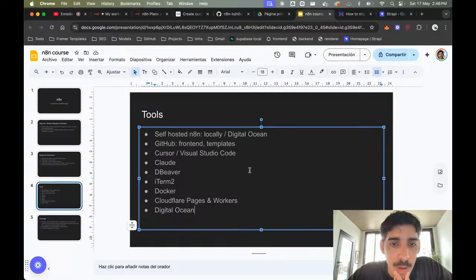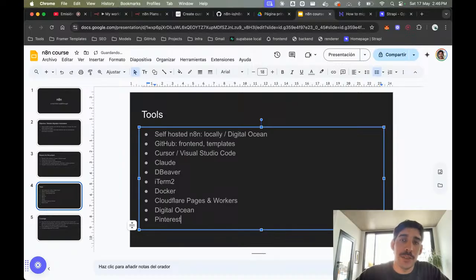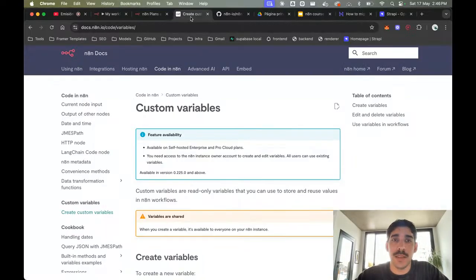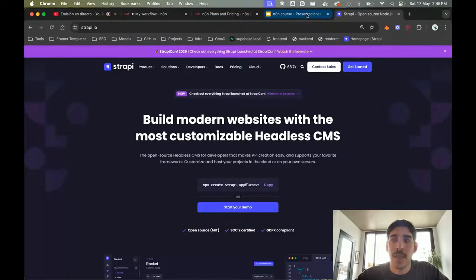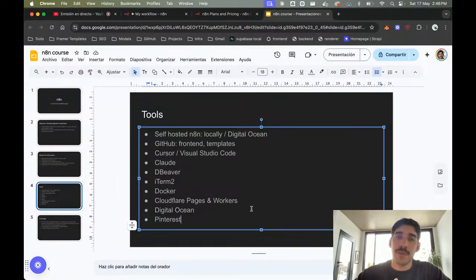What else? Well, for the front end and for the templates, we will definitely look at Pinterest. This is a great place. I love to go there to look for references for the front end. And I like to show this because this is something that you don't see usually. I watch a lot of tutorials, and having this wide range of tools, that's something that you don't see usually.